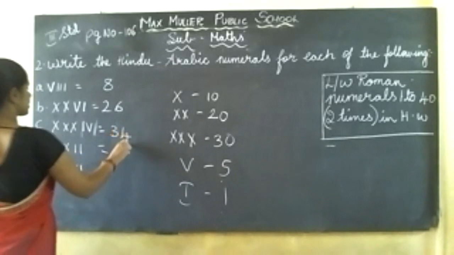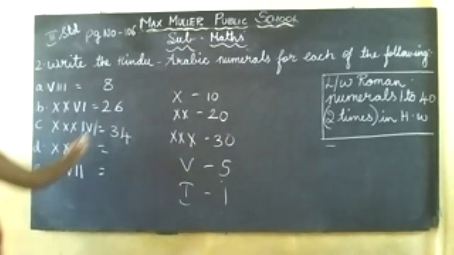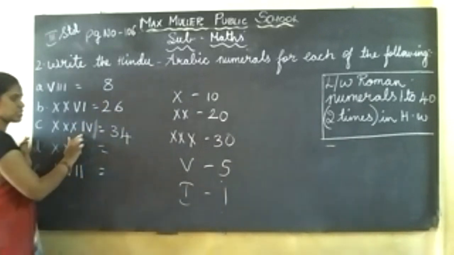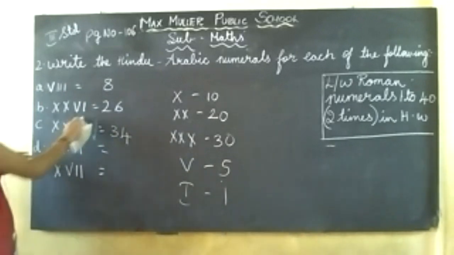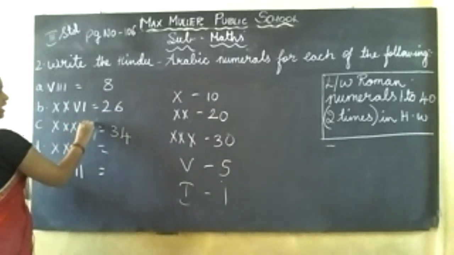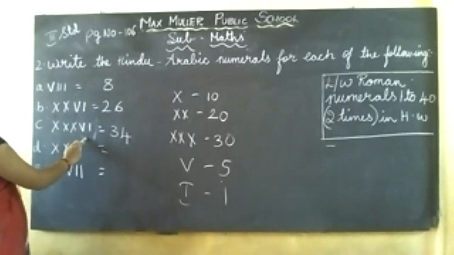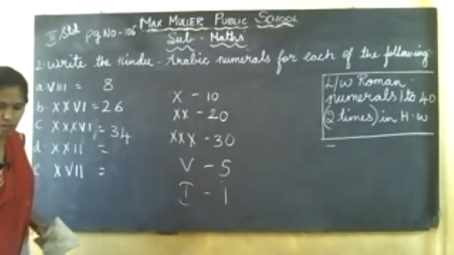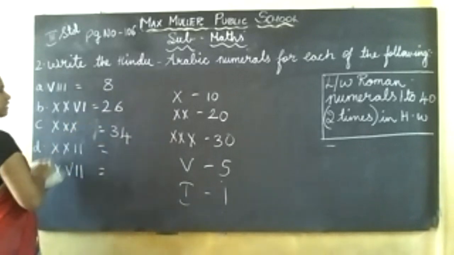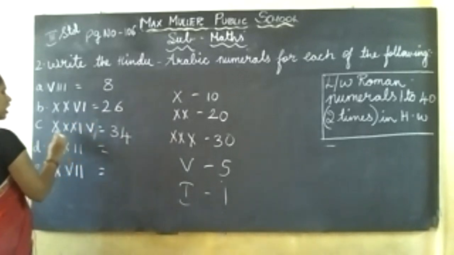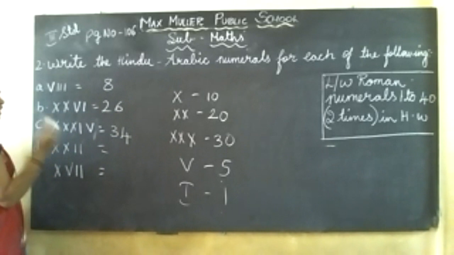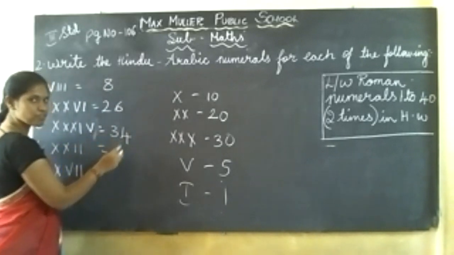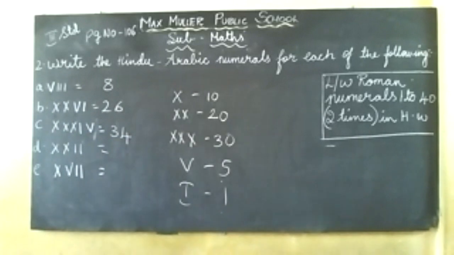Write down. Understood all of you this one? No confusion here. If you write I before V, it will become 4. If you write V first and then I, it will become 6, so 36. Here in the question, how much they have given? I, V. They have given I, V. So 1, 2, 3, how many x's are there? 3 x's are there. I, V means 34. Understood all of you? Don't get confused.